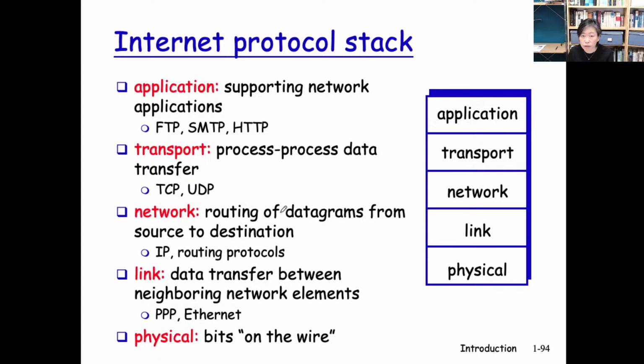Here's the Internet protocol stack, and you see what I'm illustrating. It's in the layered architecture. The layer at the top is the application layer. The protocols at the application layer are literally there to support the applications. For example, HTTP is supporting the web application. You have an application process on the web browser side and another application layer process on the web server side, and there's a protocol there.